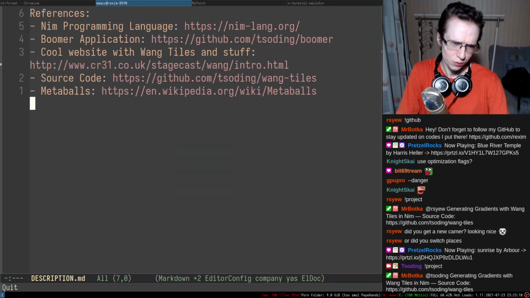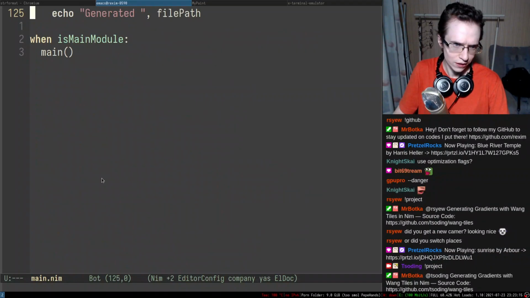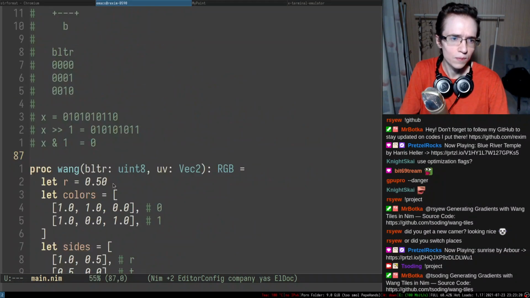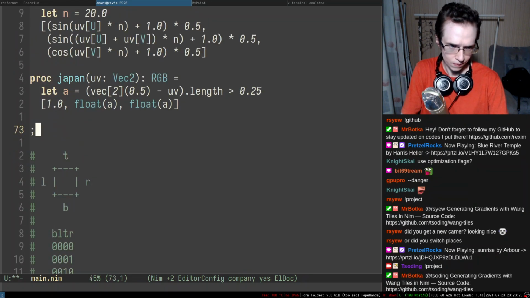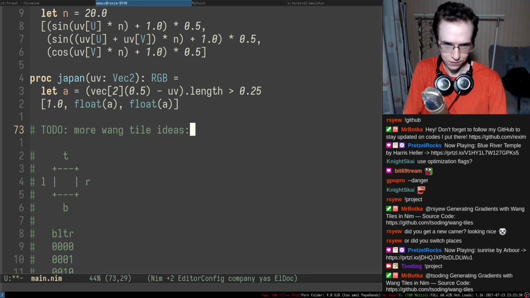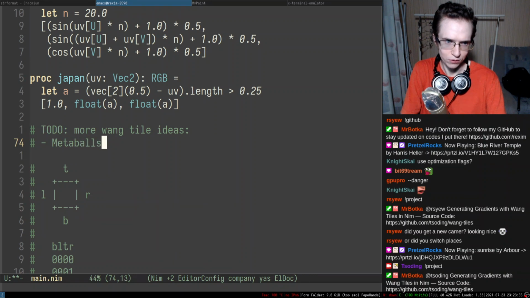So maybe I'm gonna actually put a couple of to-dos. Wait a second, where is the Wang tile thingy? So here is that. More Wang tile ideas. Right, so we need to have more Wang tile ideas. For instance, metaballs.